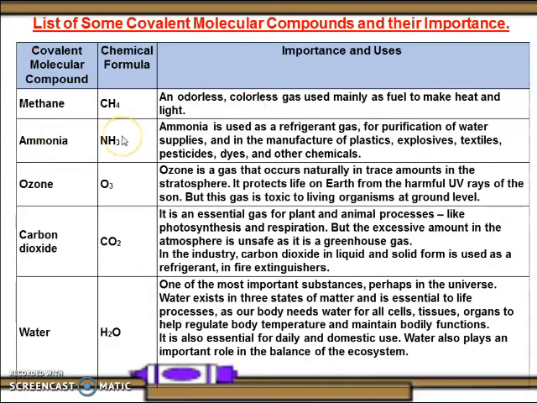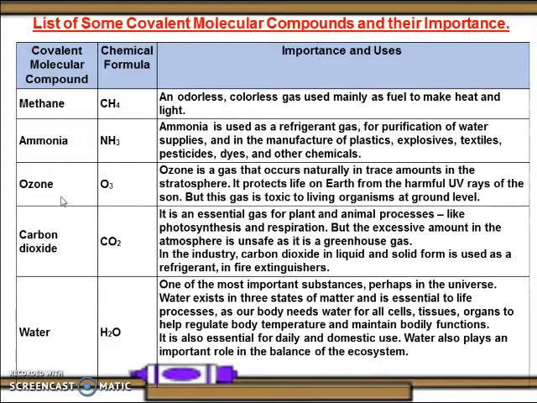Ammonia is used as a refrigerant gas, for purification of water supplies, and in the manufacture of plastics, explosives, textiles, pesticides, dyes, and other chemicals. Ozone is a gas that occurs naturally in trace amounts in the stratosphere. It protects life on Earth from the harmful UV rays of the sun, but this gas is toxic to living